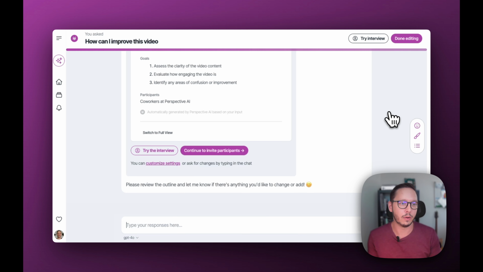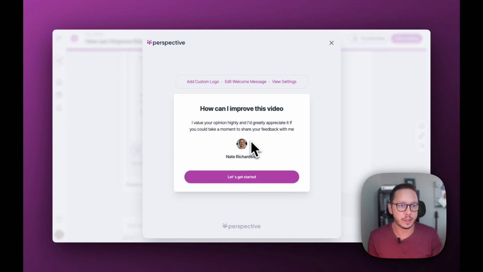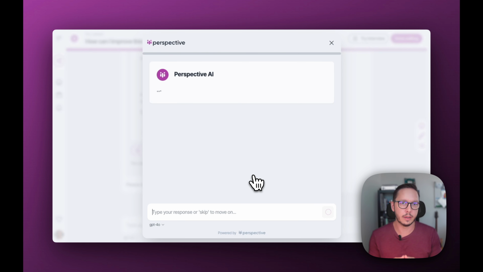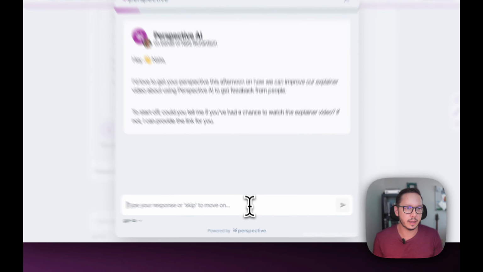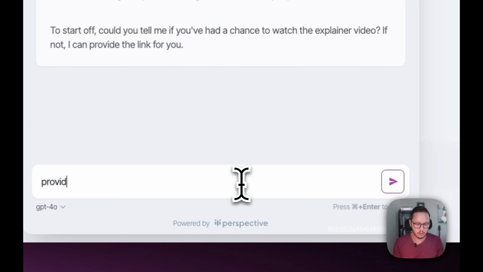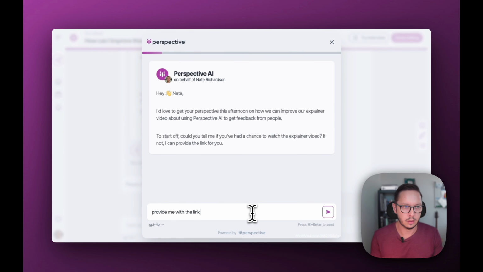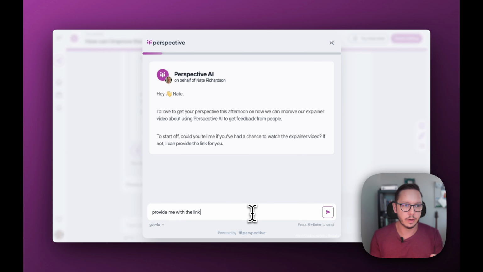Earlier, I pointed out how I put the Google Drive link into the actual research question itself. And the reason I did that is you'll see that Perspective recognizes this as an artifact, and it's saying, to start off, can you tell me if I've had a chance to see the video yet?